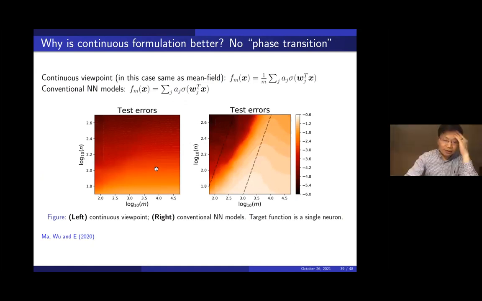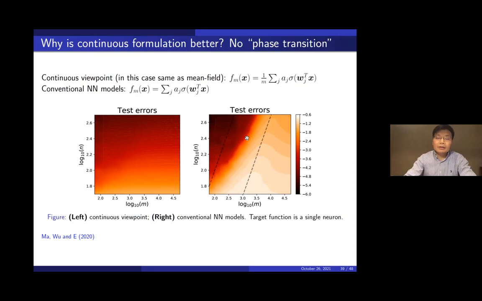So I want to show you this example that I think partly explains why one needs to tune the parameters so hard, namely why the result is so sensitive to the choice of the hyperparameters. Look at the figure here. What's plotted here is the testing error over log of m and log of n. So remember, this is for two-layer neural networks, where m is the number of neurons, and n is the size of the training data, the size of the training samples.